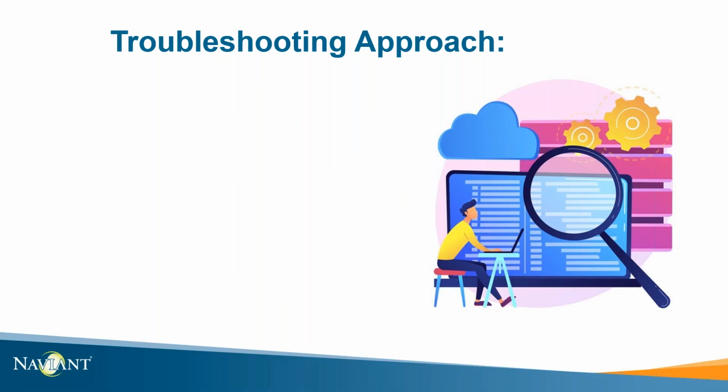Before we talk about any tools for troubleshooting, I want to talk about the troubleshooting approach. We want to make sure that we use a methodical approach to issues. We don't want to just run with the first idea that comes to mind. The first step to help us gain a full picture of an issue is to identify the problem. Now, your first thought might be, well, we already know the problem since the user reported it, but sometimes users tend to report the issues as they see them. Sometimes minor details can be overlooked.